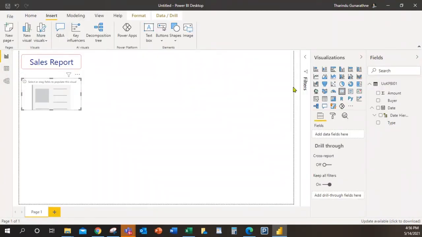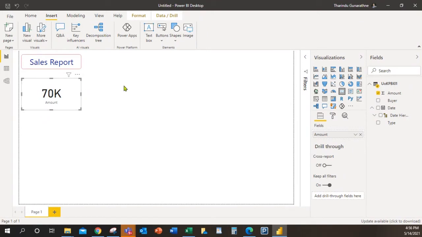Now just think which field we need to pick. Is it buyer or type or date or the amount, right? Now I'm going to pick this amount and drop it here. See, now it says 70K because it got rounded off.